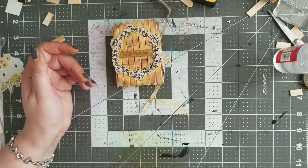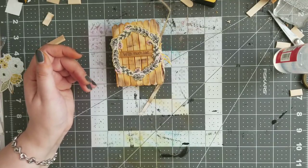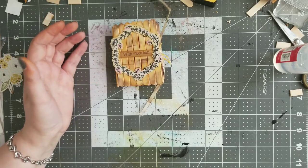I guess I'm going to go spray more coffee onto my composition book because it's hot again, and why not use the heat gun,